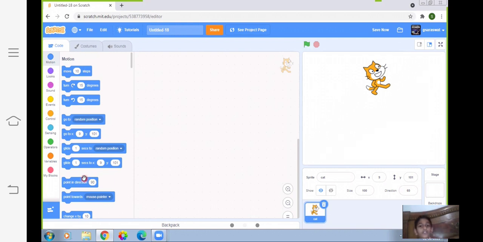So here we are doing, suppose I make a box, okay. Suppose it is a clock, a square clock.